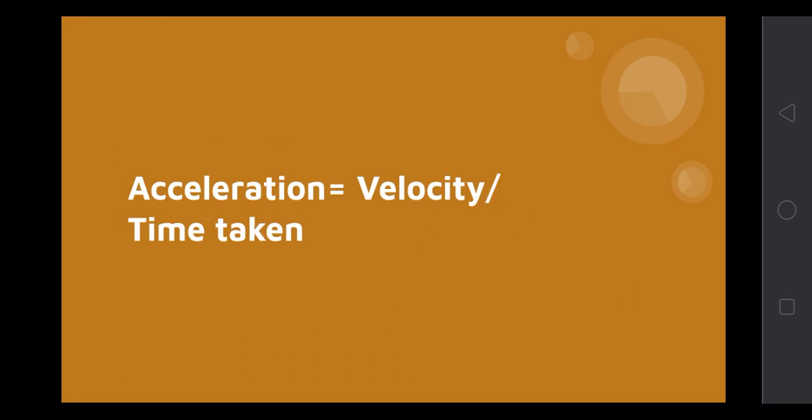Okay. Now we'll come to acceleration. Acceleration is nothing but velocity by time taken. So velocity is equal to displacement by time taken, and acceleration is velocity by time taken. You know now that velocity is equal to displacement by time taken, so acceleration will be displacement by time taken square. It's some mathematical logic, that's it, nothing more here. So when physically we define acceleration, we can understand that